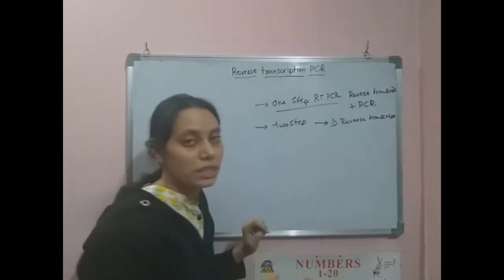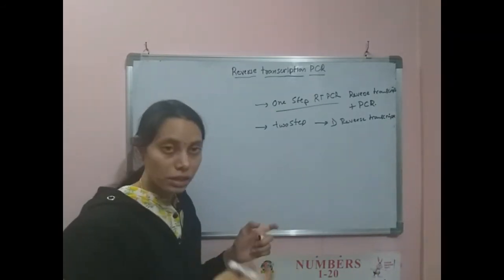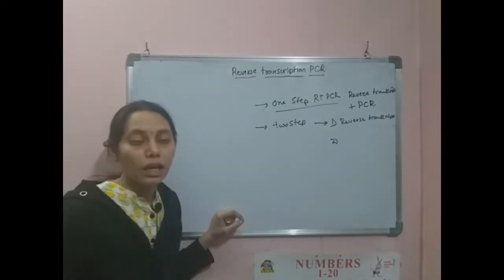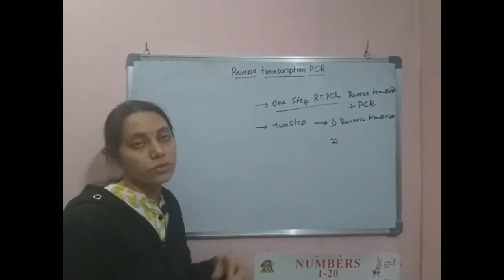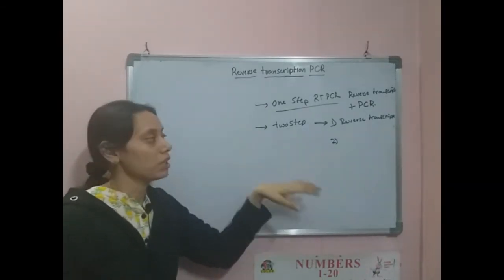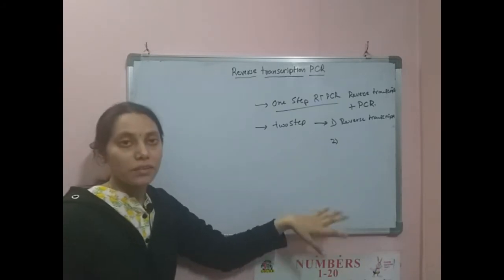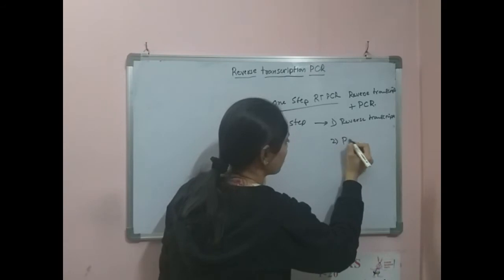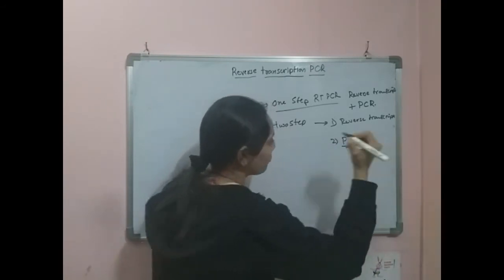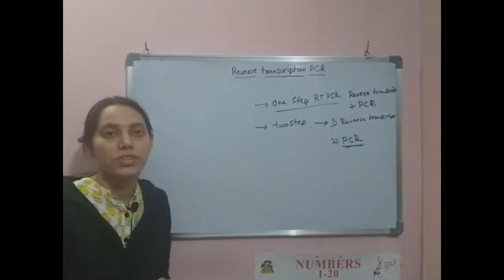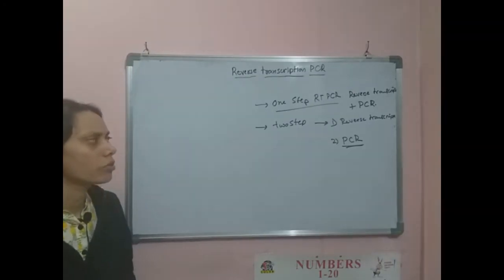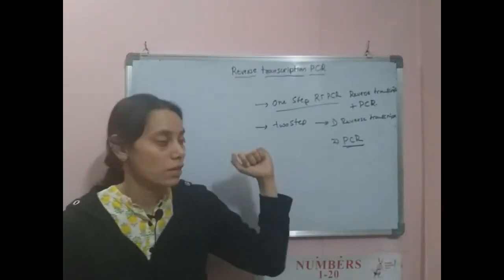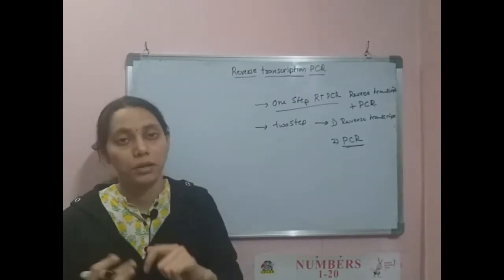To produce DNA from RNA, and then the DNA that is produced from the reverse transcription can be taken to the PCR reaction mixture as a template, and we proceed to the PCR amplification during the following step. So what is the advantage of using one-step RT-PCR and what is the advantage of using two-step RT-PCR?